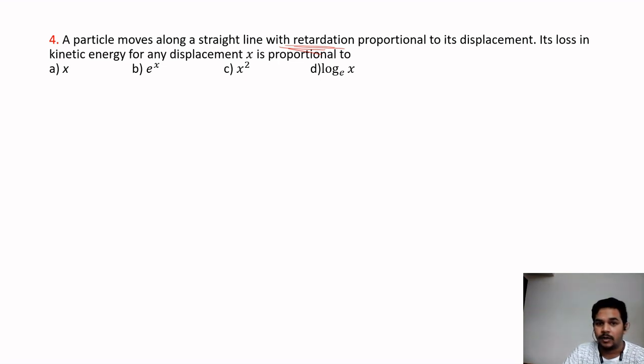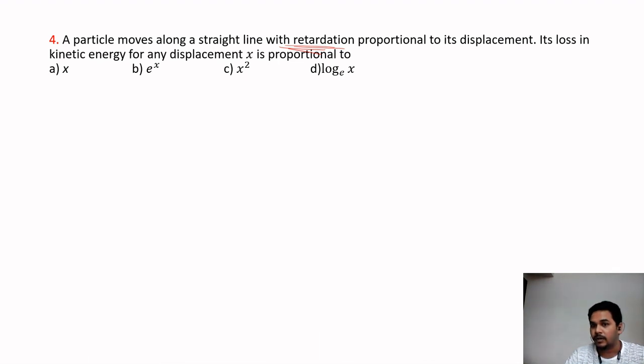So a particle moves along a straight line with retardation proportional to its displacement. What we can say? Its loss in kinetic energy for any displacement x is proportional to what? They have asked about the loss in kinetic energy for any displacement x, how much will it be? So again, look, it is simple. When they have asked something like loss in kinetic energy,